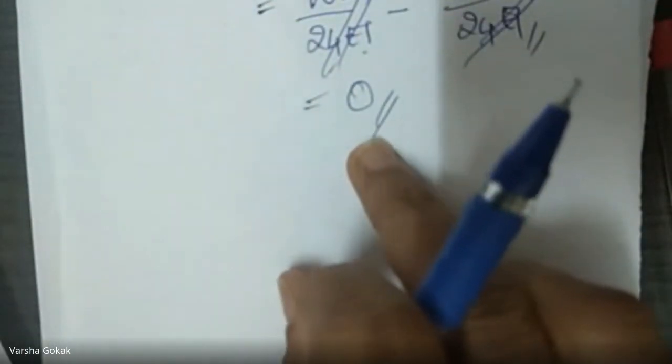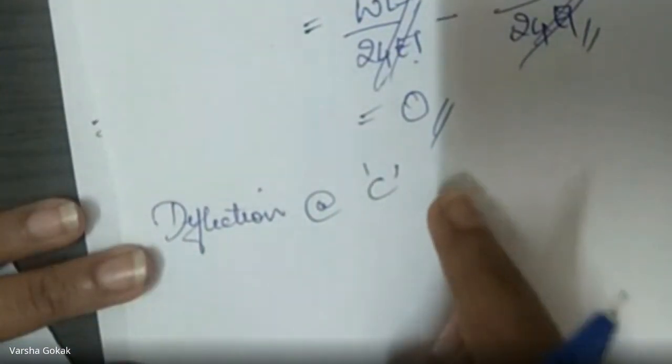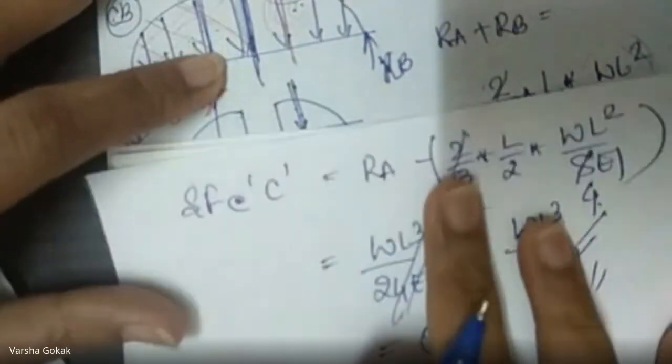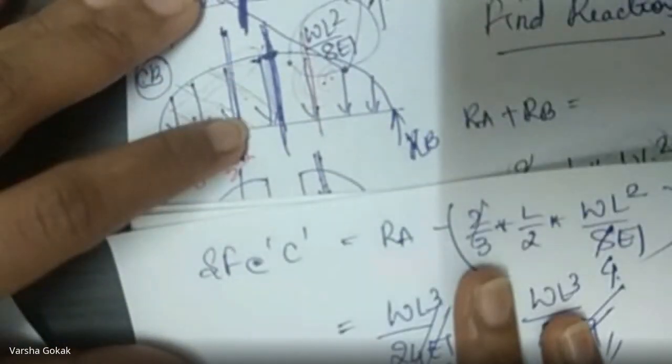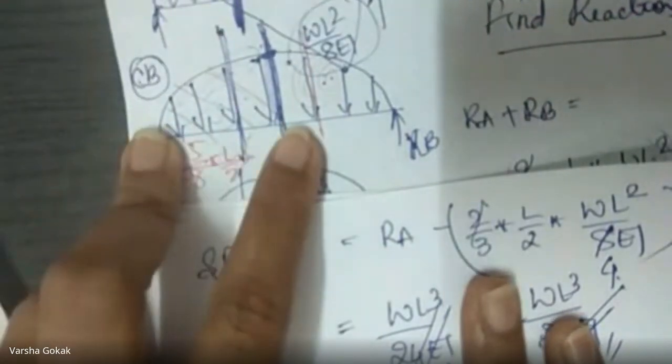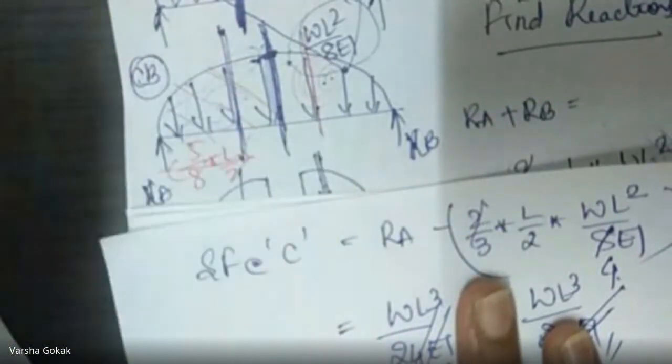So once this is done, let us calculate the deflection. Deflection at C, right? Now for deflection at C, how will you calculate? It is the moment of the M by EI diagram, the moment of area of this. Correct? So I have to take the moment of this. How do I take the moment of this? RA into L by 2 minus this area into this distance. This distance is how much? That distance is 3 by 8 of